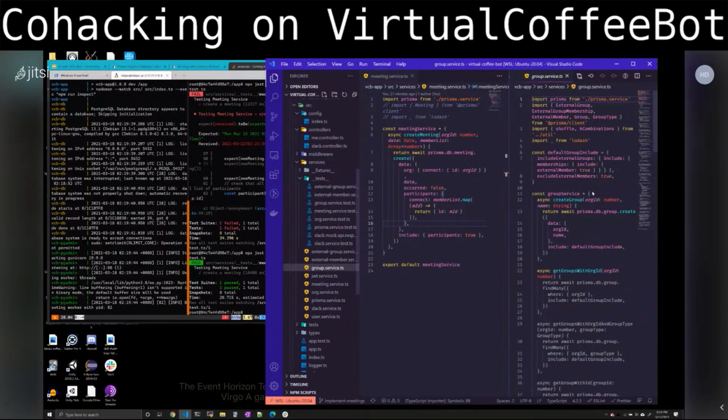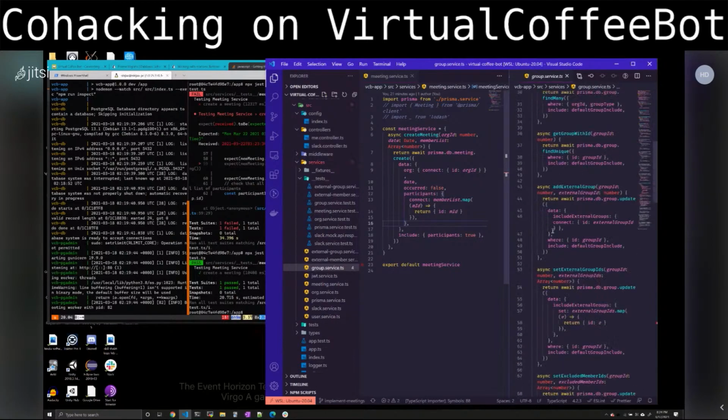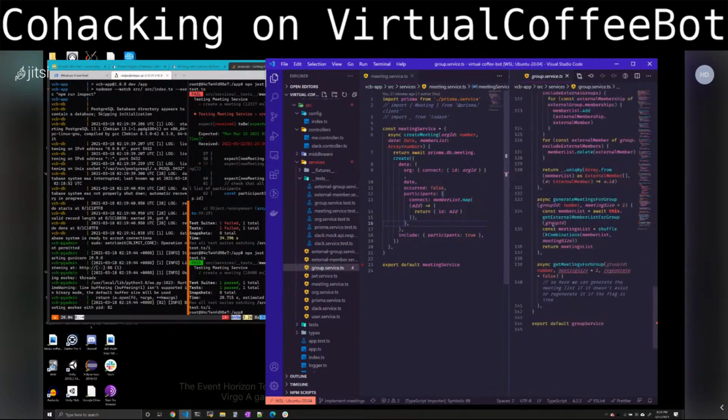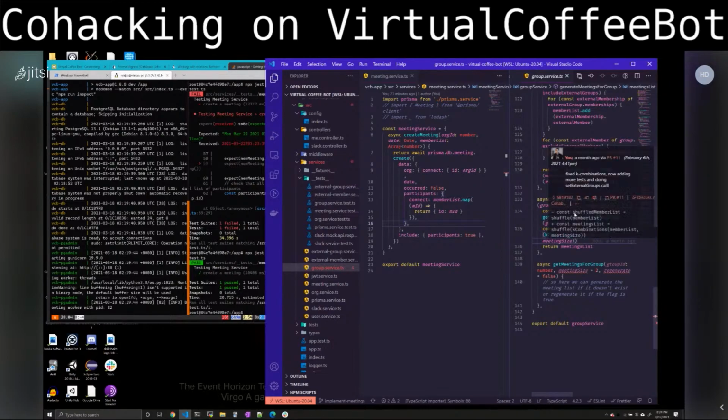So the coffee group service is here, and the function that's being called by the front end right now is called generate meetings for group. So generate meetings for group needs to take this meetings list, which is a list of pairs of members, and create meeting objects for them